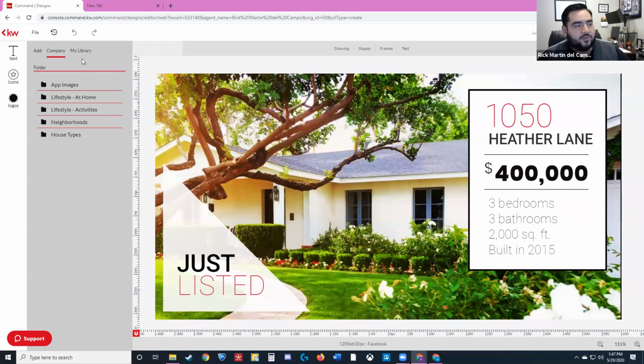So I'll walk you through really quickly how to create a design. Also, if anyone has a listing that they'd like me to use as an example, put the address in the chat box and I'll pull it up. It'd be pretty awesome to do that. So now that I'm here, I've got this property, 1050 Heather Lane. If I want to use Westheimer Road instead of Heather Lane, it's as easy as coming into the text. I'll double click into it and it becomes a cursor, so I can edit text the same way I would in Microsoft Word or Google Docs.